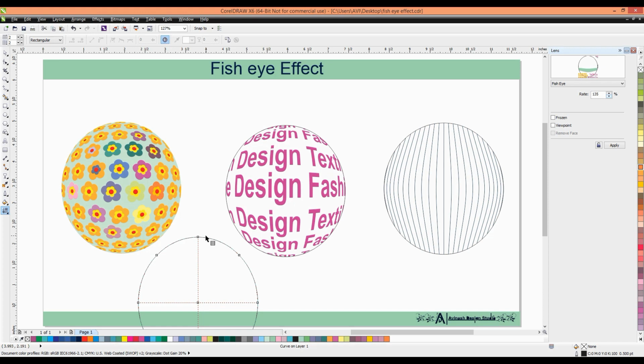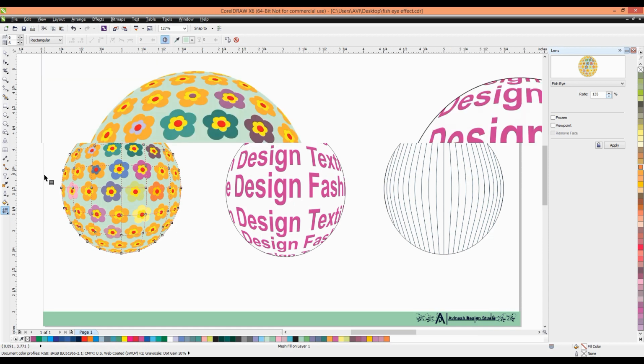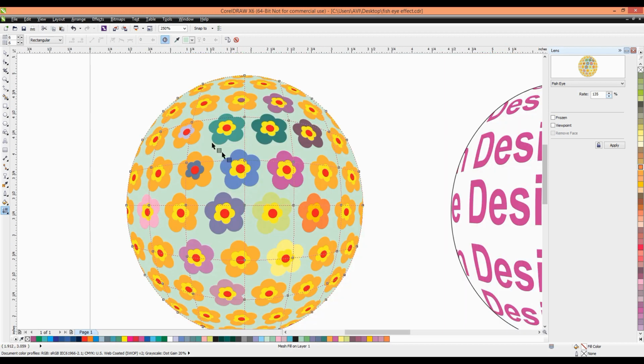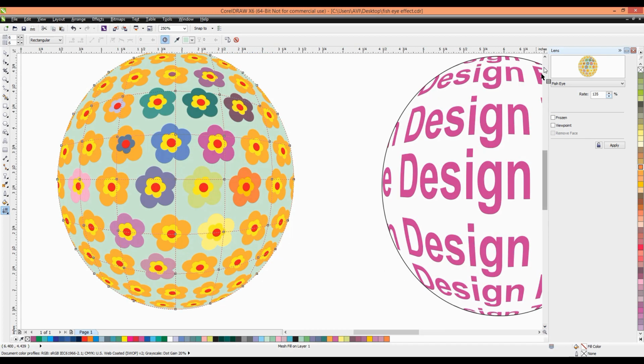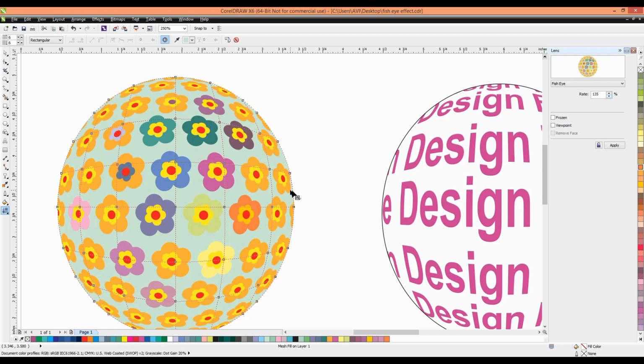Now we'll delete this circle. Select the circle and delete. Now we select mesh fill. Let's zoom in to make it more clear, guys.